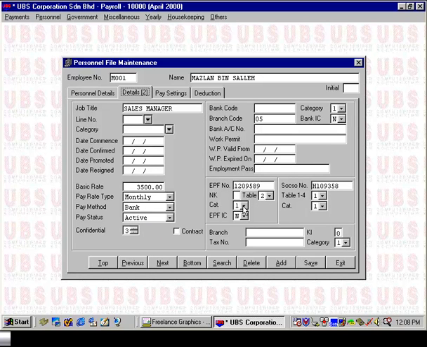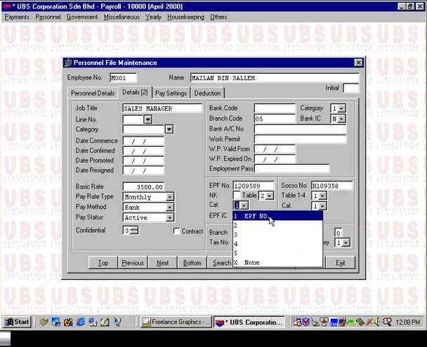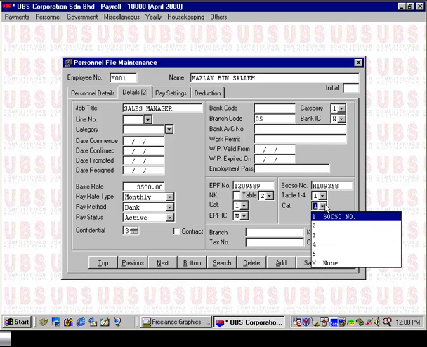But if I drop down the table, you see that UBS payroll actually allows you up to a total of 6 different categories. So in this case, Injit Maslan is set to category 1 for his EPF and also category 1 for his SOCSO. Now, if the particular employee is no longer required to contribute any SOCSO or EPF contribution, you should set the category to X. So in this case, if I change it to X,